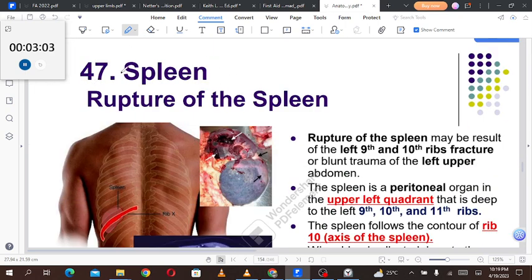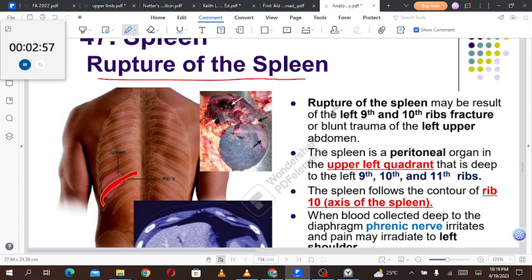Point number 47 is about rupture of the spleen. Rupture of the spleen may result, as it is the most fragile organ of the abdominal cavity, right? So rupture of the spleen may result from left 9th and 10th rib fracture. It is behind the 9th and 10th ribs, so it is surrounded by them. If there is a 9th and 10th rib fracture, it may result in splenic rupture, or blunt trauma to the left